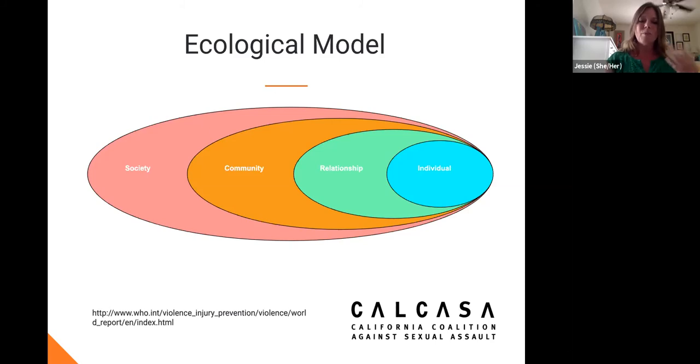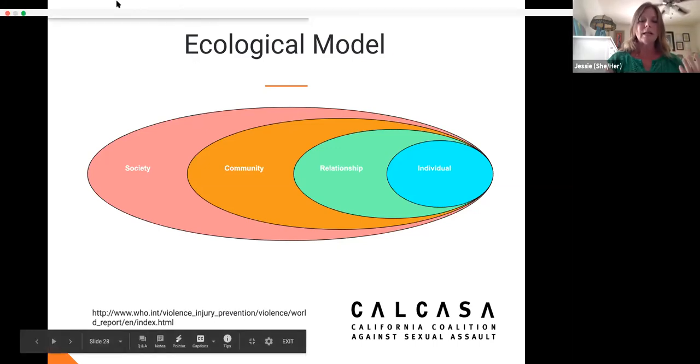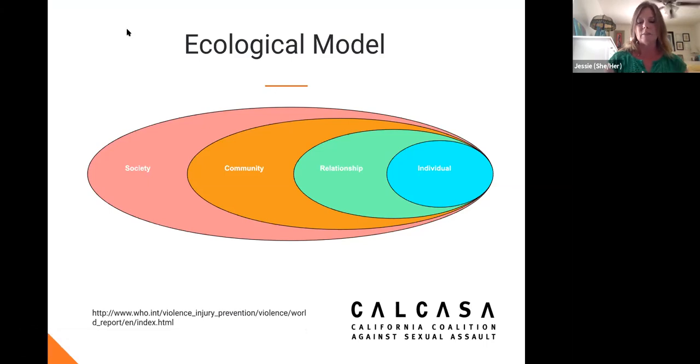So if you think back to the essential elements that we talked about, could somebody put in the chat an essential element that works on a different level than the individual? While you all are thinking of an essential element that works at a community or society level,